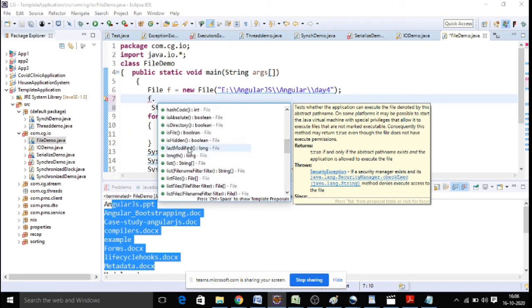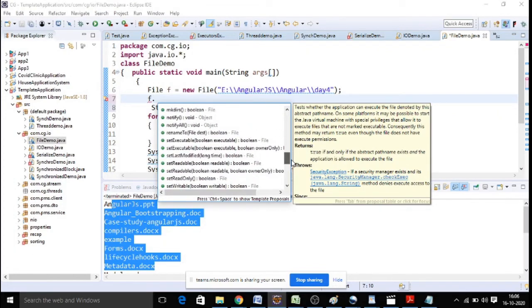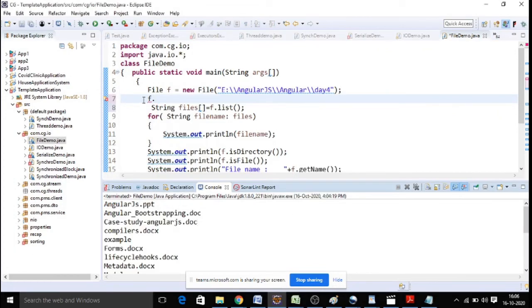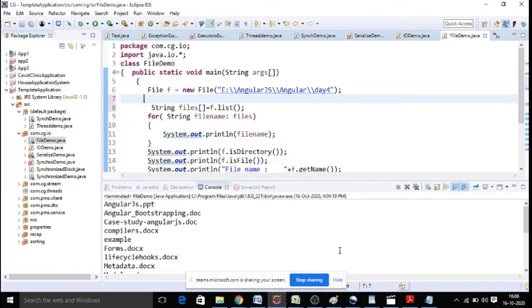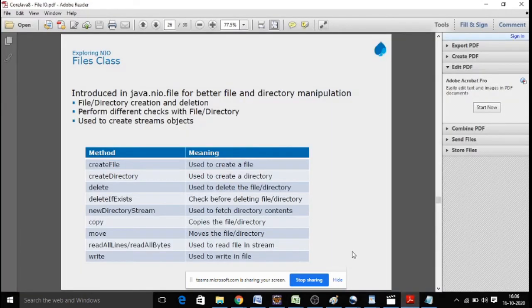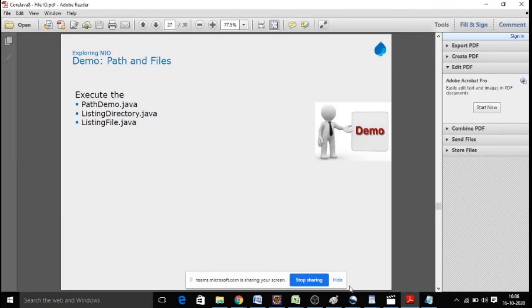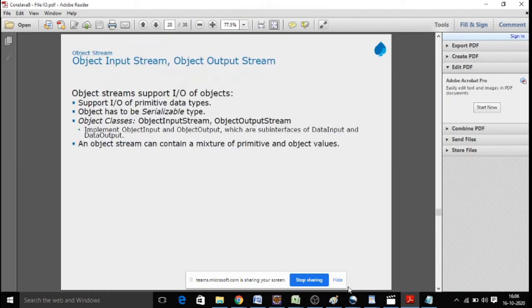You can get when that particular file was last modified. What is the length of the file? All these are predefined methods. You can just make use of those methods. That's all about the Path and File classes of IOStream.